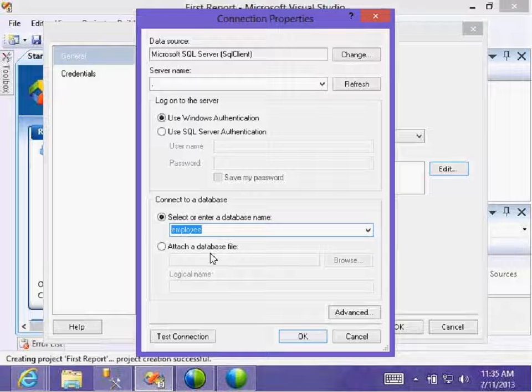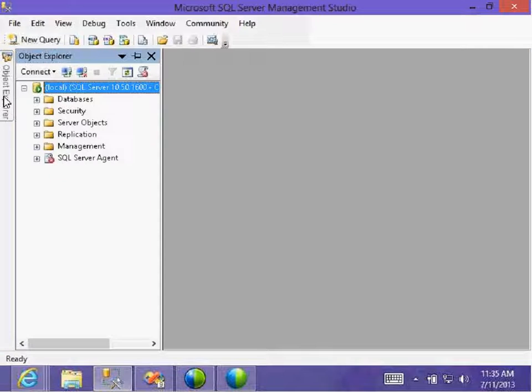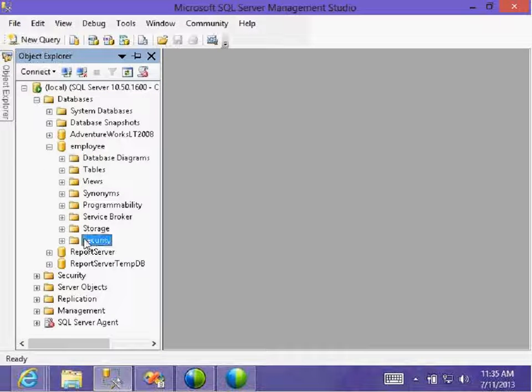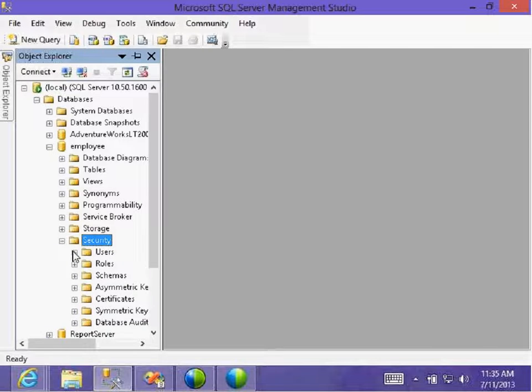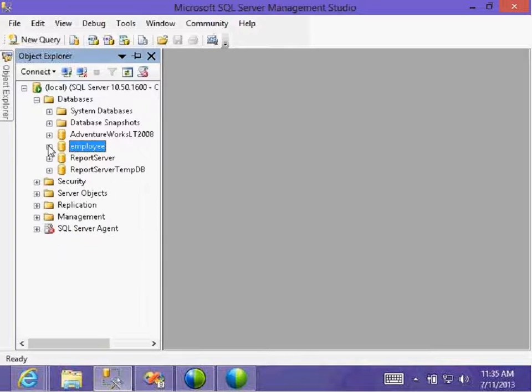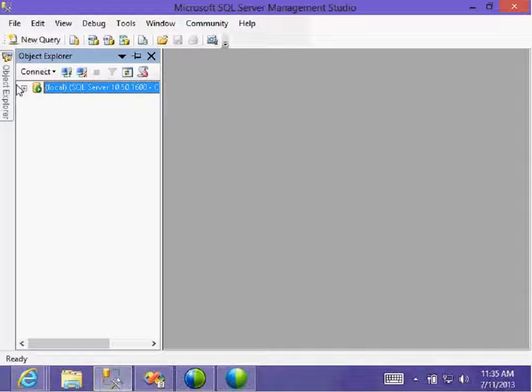Make sure in Management Studio that you have user authentication for those databases. If you are using Windows authentication, go to Management Studio, open the database, and go to Security. In the Security, check whether your user is there or not. If you are using Windows authentication, some access should be there, otherwise you are not going to get it.